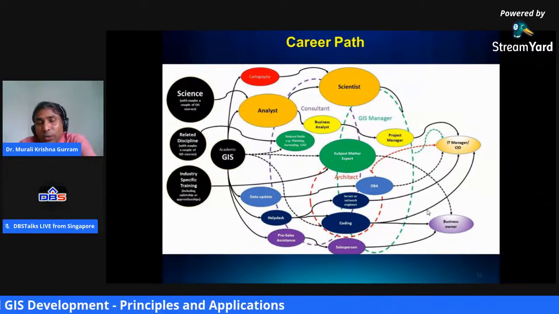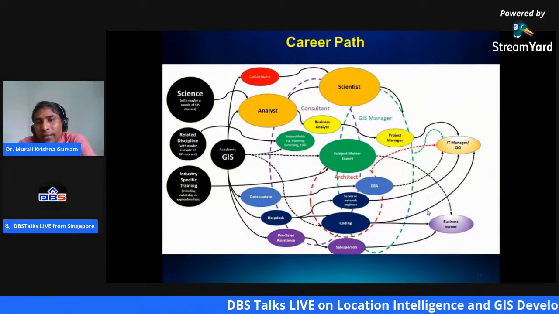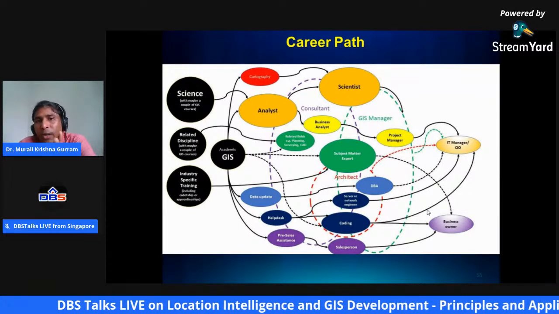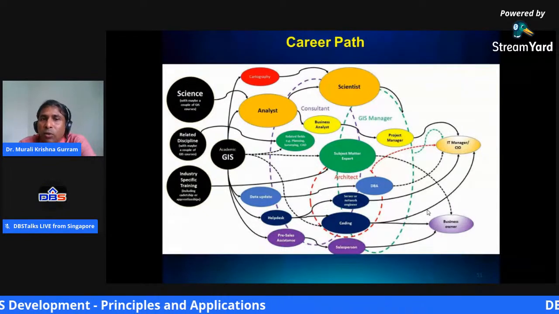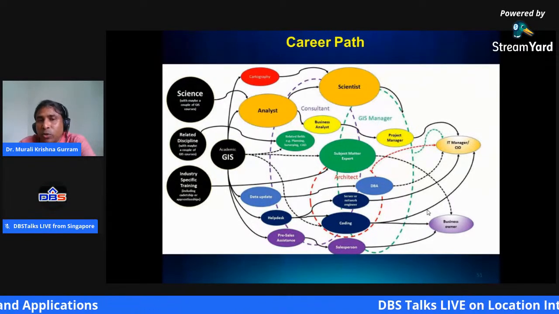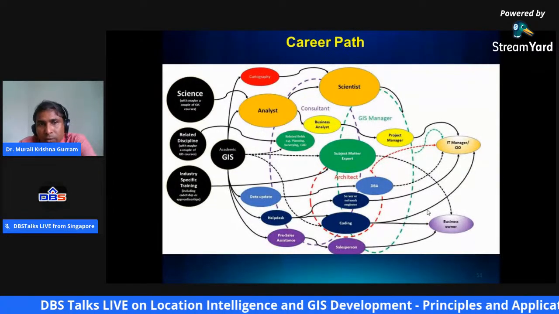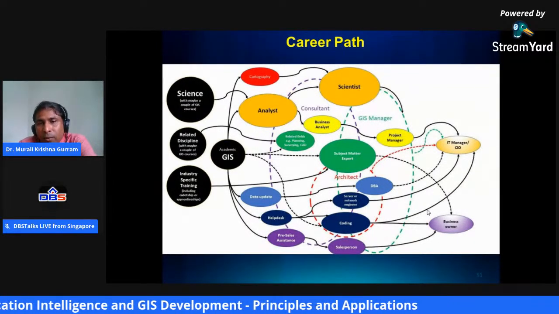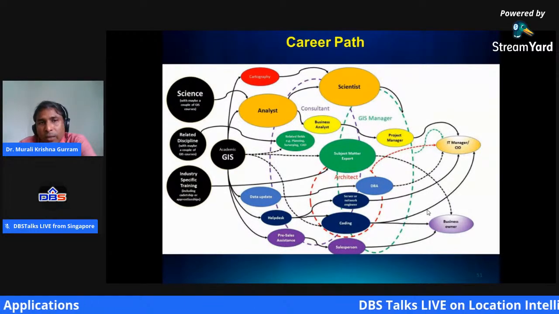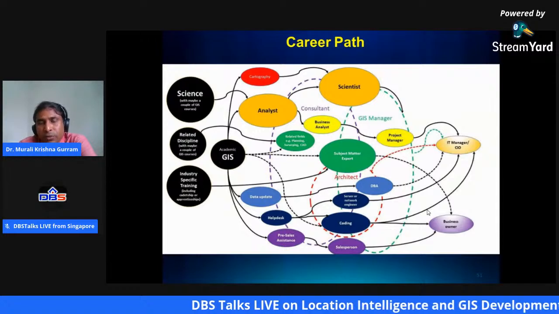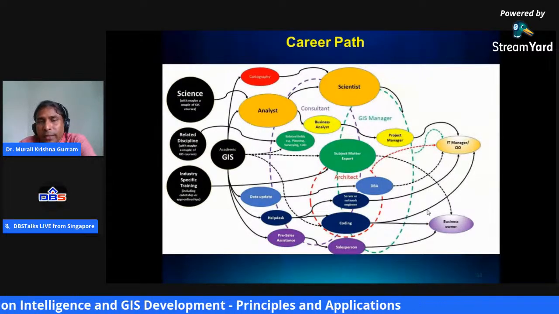It's more important actually. Then you understand where you are lacking, where you cannot go. That's very important. It also helps you learn those technologies and acquire the knowledge and skills which you don't have. So it all depends on, as I told you, your background, your skill, and your inclination. So before you choose any career path, it's very important.